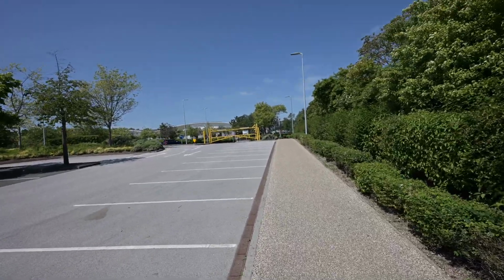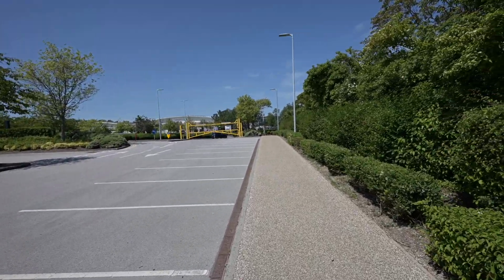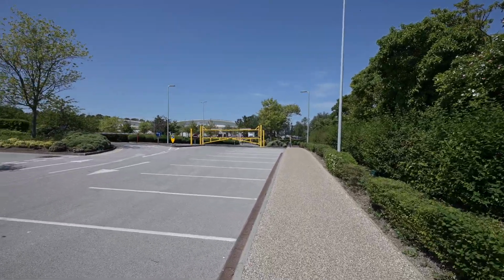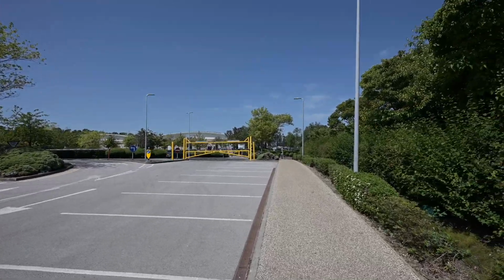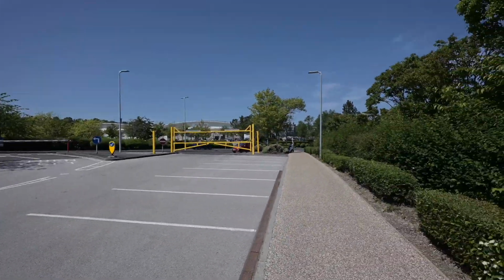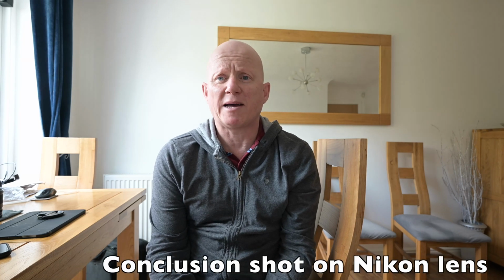So I've just kept walking and walking, and I'm now at a shopping centre called the White Rose Centre. So I've walked 6 miles to get here. Problem is I've got to walk back now. So it's going to be a 12-mile walk today, but goodness me, this weather. We're talking the perfect day today, weather-wise. So I just thought I'd just keep walking. I got back 12.5 miles later. My feet now have big blisters on them, but it was a great day, beautiful weather and a great opportunity